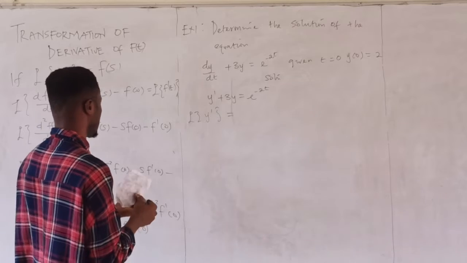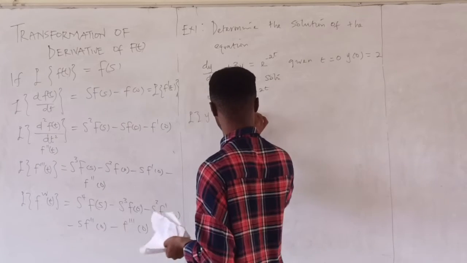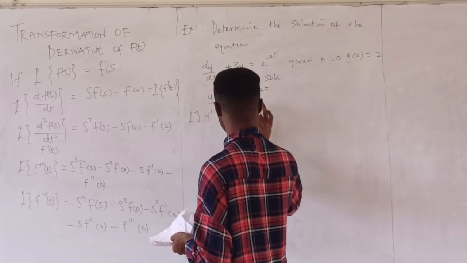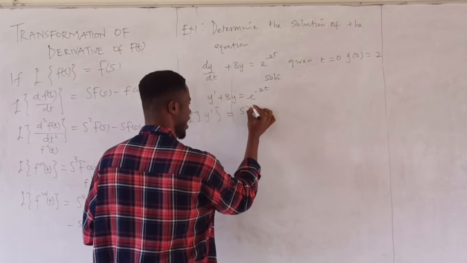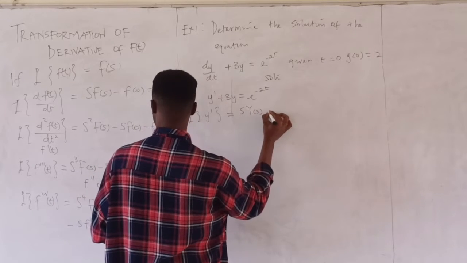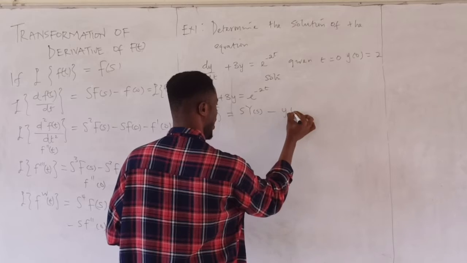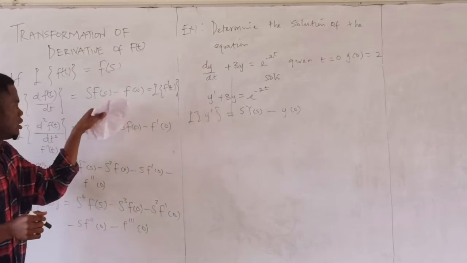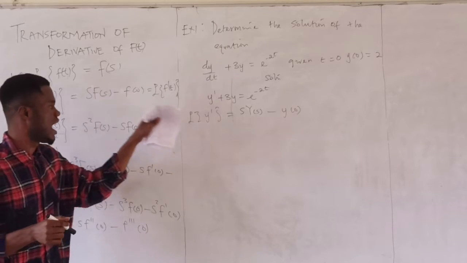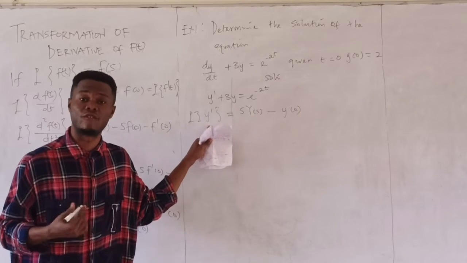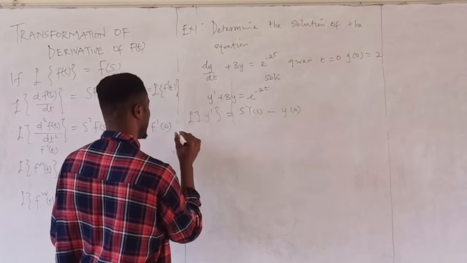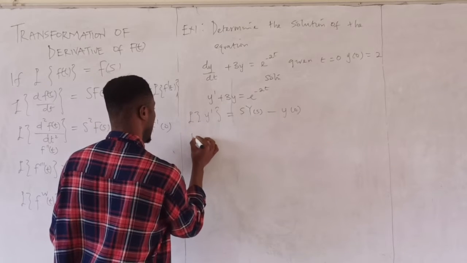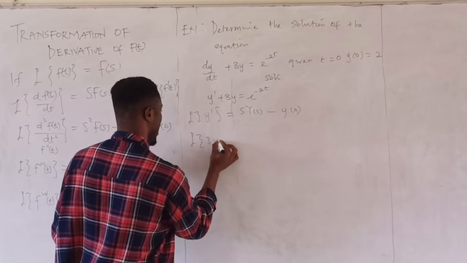So the Laplace transform now will be s of Y of s minus y of 0. If you find the Laplace of it, it is just the same thing. The only thing I had to do was to change the f to y because we are dealing with a y function. Now, if you find the Laplace of 3y,